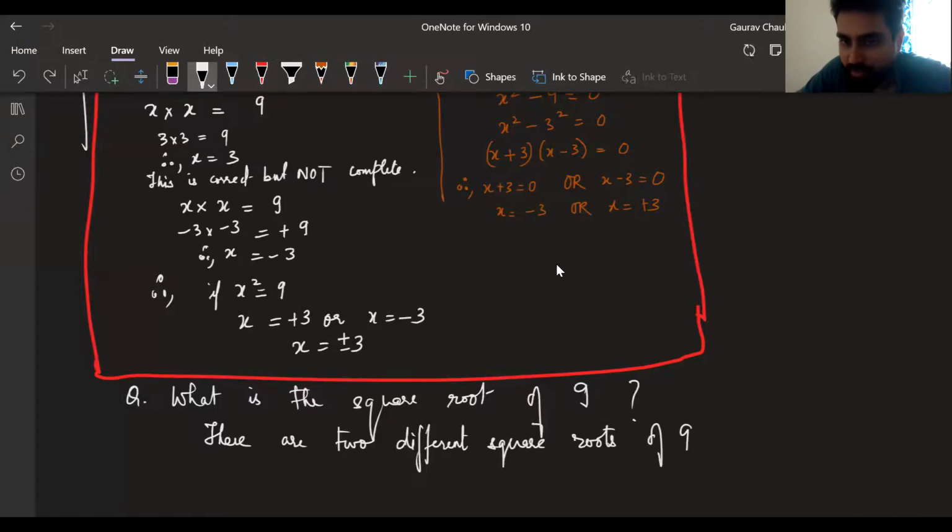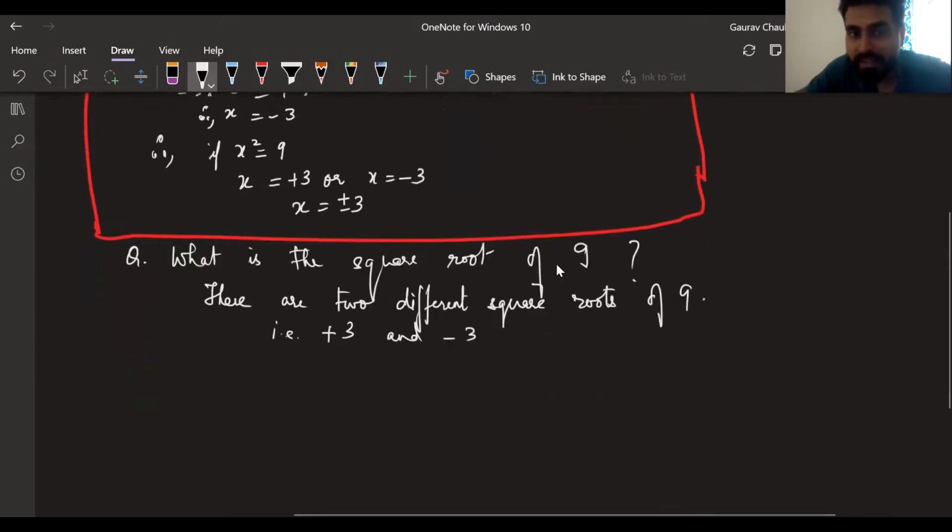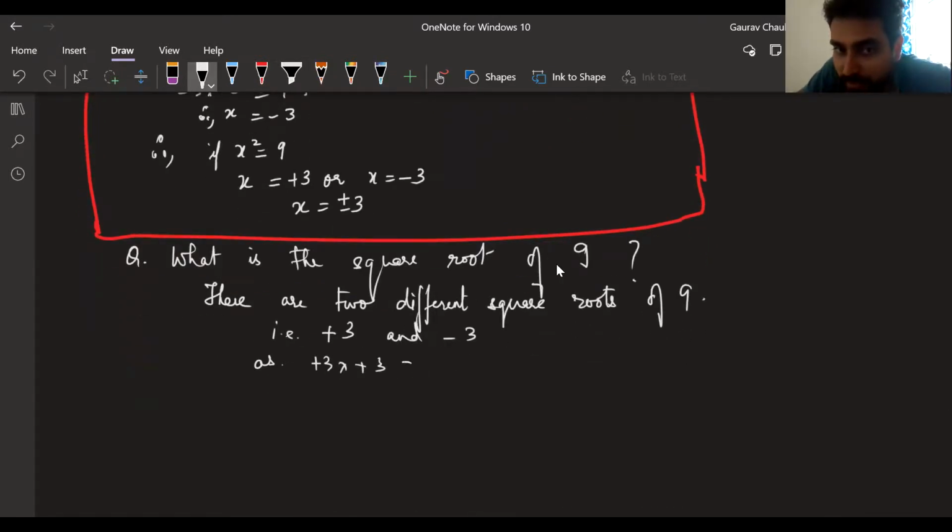There are two different square roots of 9. That is +3 and -3. As +3 into +3 is also equal to 9, and -3 into -3 is also equal to 9. So there are two different square roots